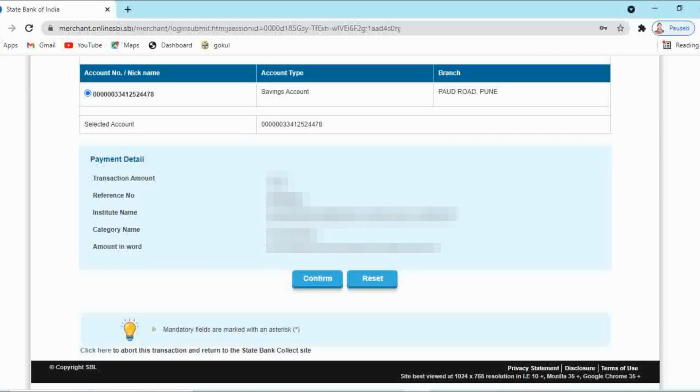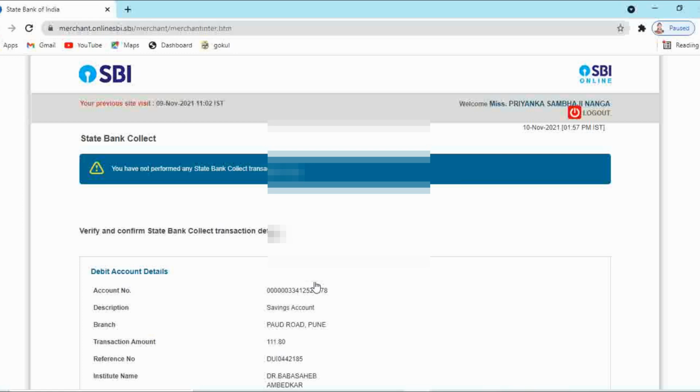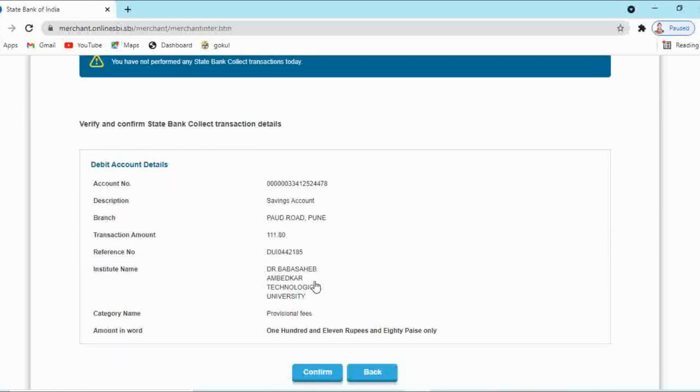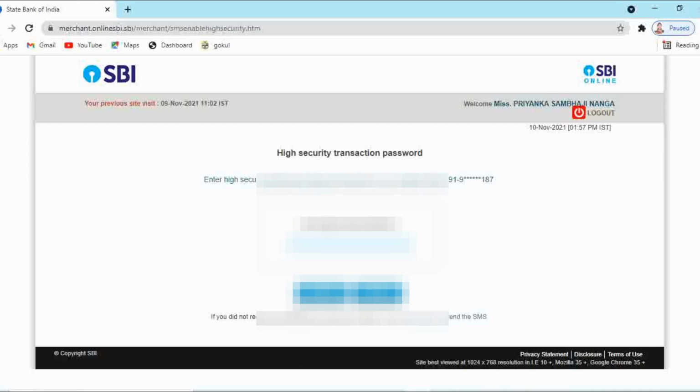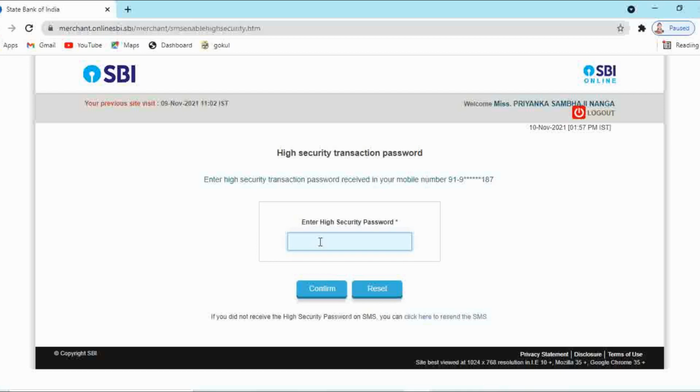The details will be displayed over here again. You have to just click on confirm. Again the details will be displayed over here. Just click on confirm. The password will be received on your registered mobile number. Enter the received password over here. It is a total 8-character password that you have to enter and click on confirm.